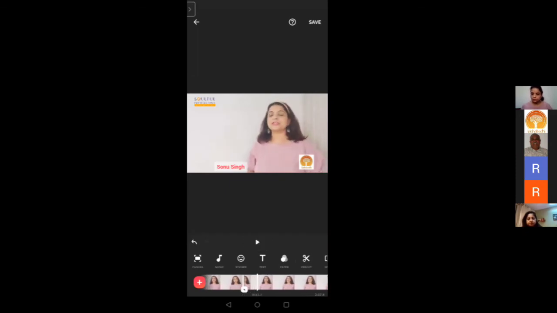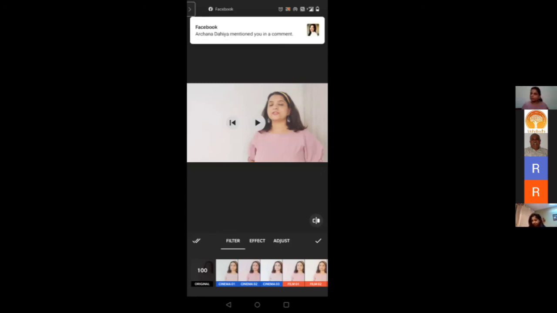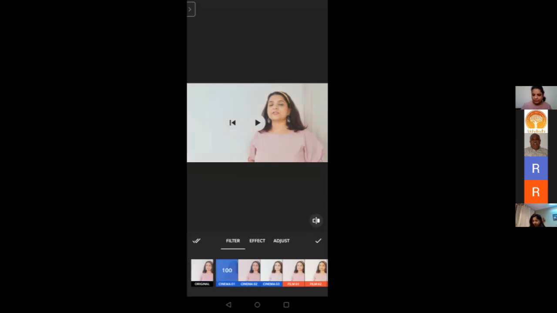Now I'll just show you how do you filter. If you think that आपको कुछ और color चाहिए, filter चाहिए life में, you can go to this filter option here. Can you see? Filter. You go to filter option and you can add filters to your life if you want more filters. So you can go and keep on selecting.